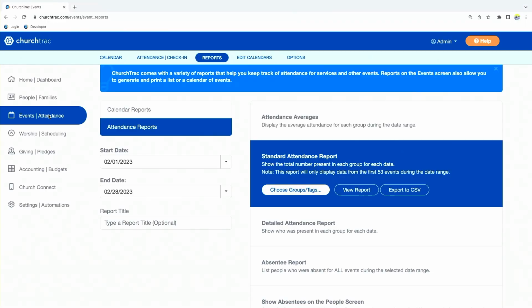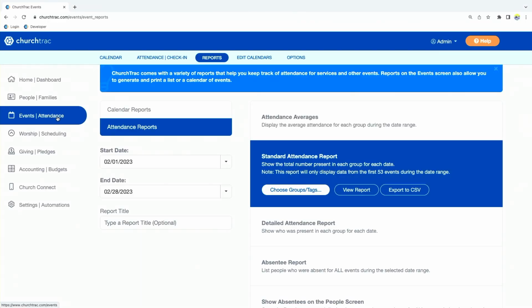Okay. Now, when it comes to getting the most out of it, the other thing I want to talk about is adding a registration card to Church Connect. If you haven't seen it yet, what is Church Connect? It's an app, it's a website, it's a member portal, all these things wrapped up into ChurchTrac. So one thing you can do is add these events to ChurchTrac and put them on